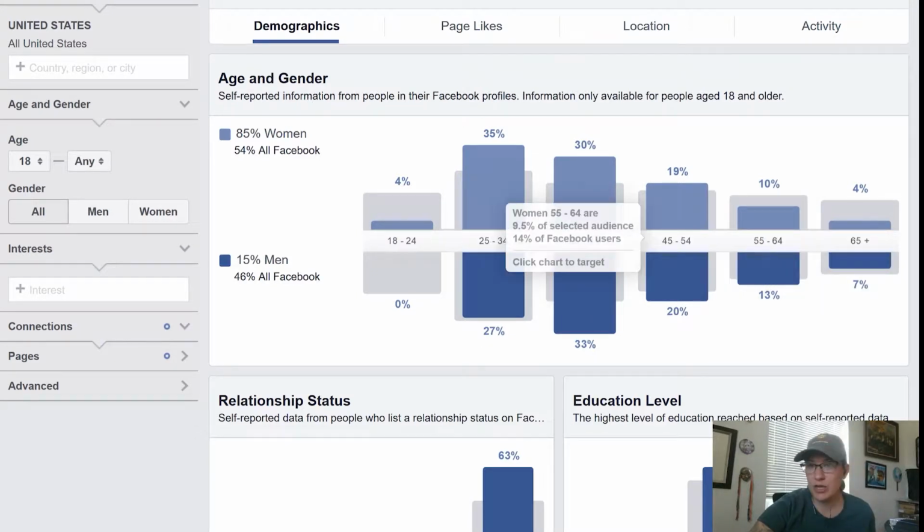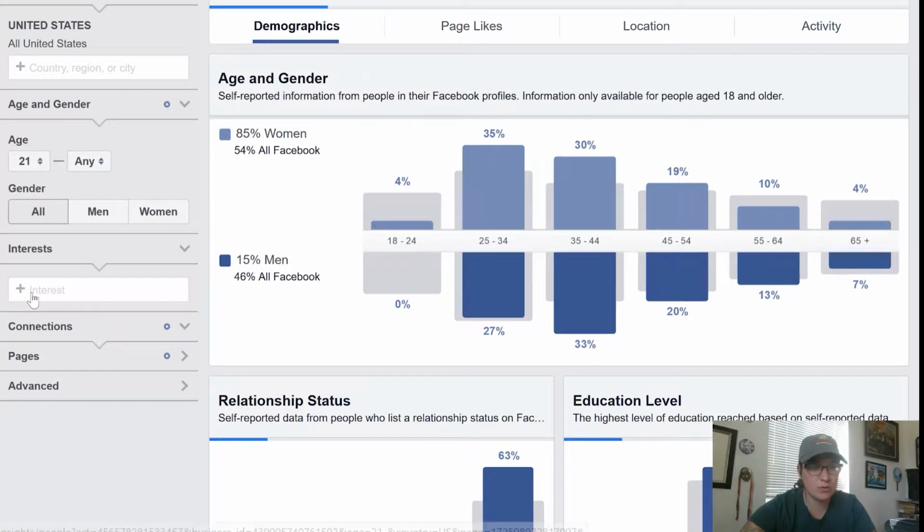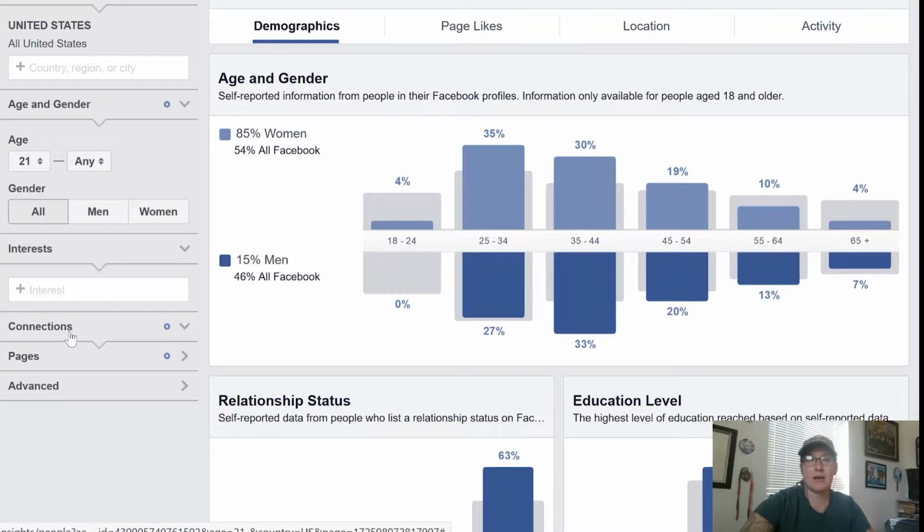This is actually a tool that you can get through your Facebook business, and actually I'm going to change this to be applicable to us. All right, so as you can see, I typed in wine demographics in the United States, and you can see that 85% of women, big shock, on Facebook like wine, and 15% of men on Facebook like wine.